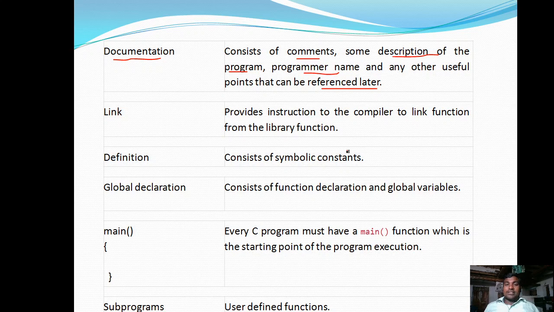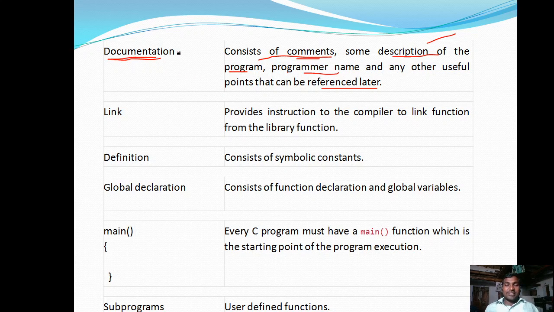Other useful points include the date when the programmer is writing that code, the machine name, or the version of the program. Such details about the program are included in this description, and these descriptions are written in the comment section.